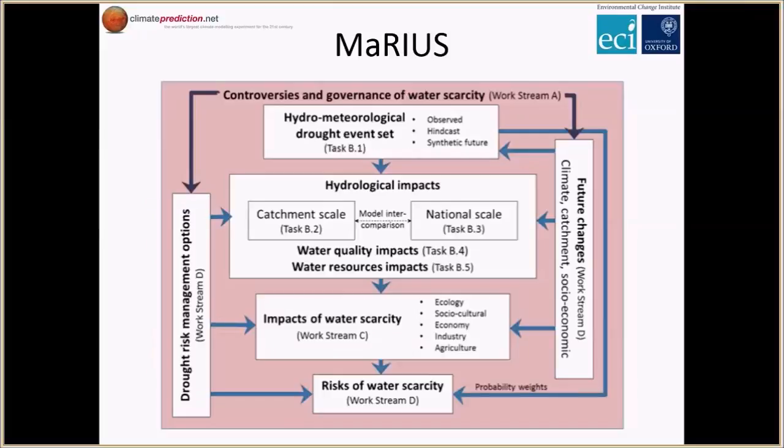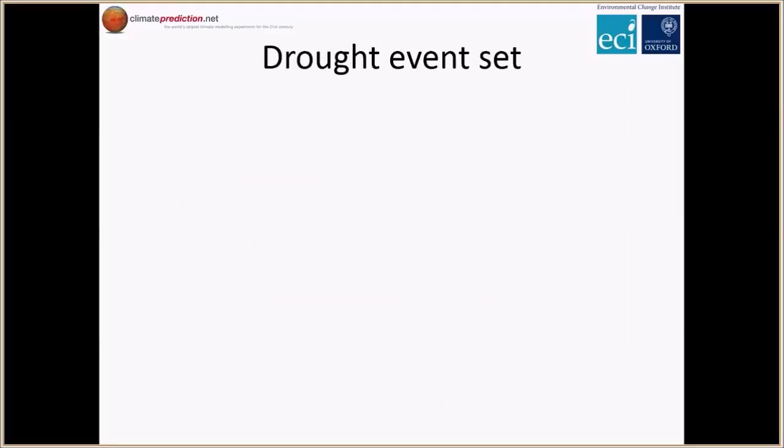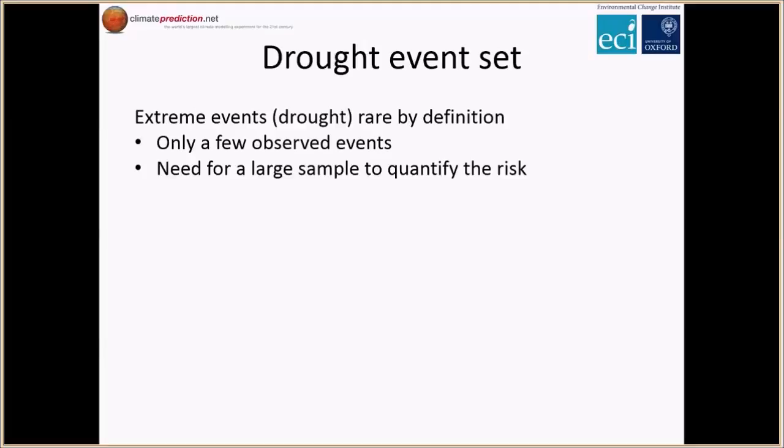You're probably familiar with the MaRIUS project to some extent. What I'm going to talk to you about is the hydrometeorological drought event set that is being generated by the climate team, and that will then be fed into various hydrological and impact models to assess the risks of water scarcity. The idea of the drought event sets comes from the realization of the fact